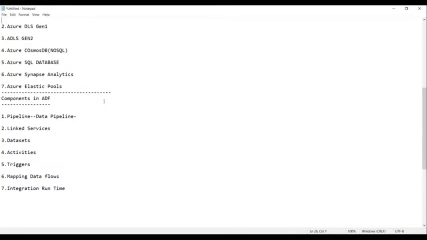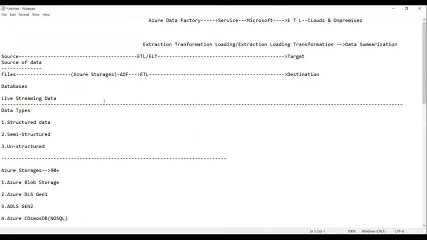Can you see in this given example, here is the source. Here the pipeline will start.